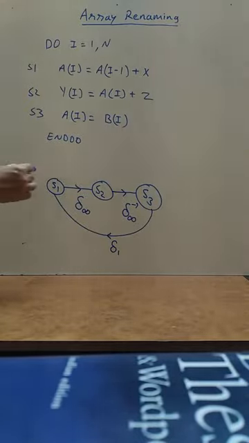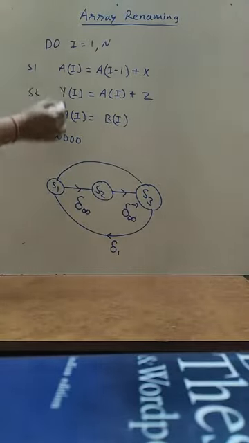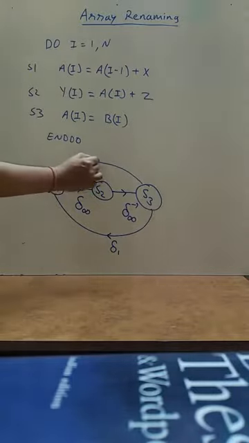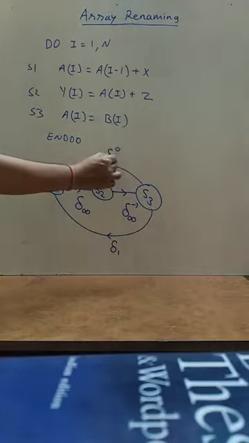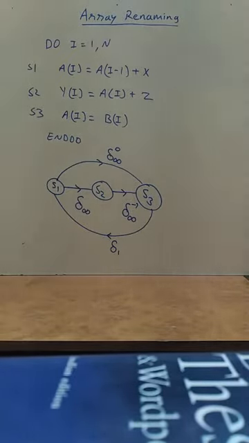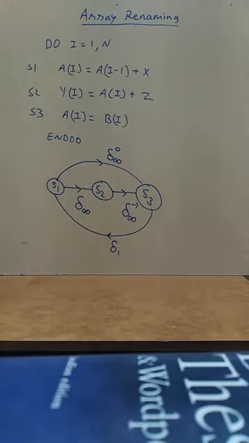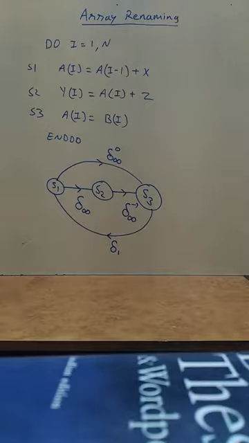Now in addition to this, you have one more dependence from S1 to S3, because S1 and S3 both define the same variable a of I. So S1 to S3, and this dependence type is output dependence, and it is loop independent because source and sink are in the same iteration. So this is the dependence diagram. It has in all a total of 4 dependencies. Now here we have to see whether we can apply array renaming. So the concept is the same as was used in scalar renaming.